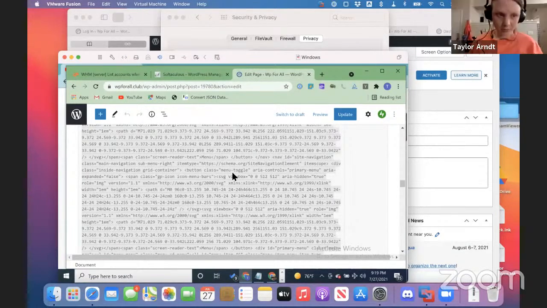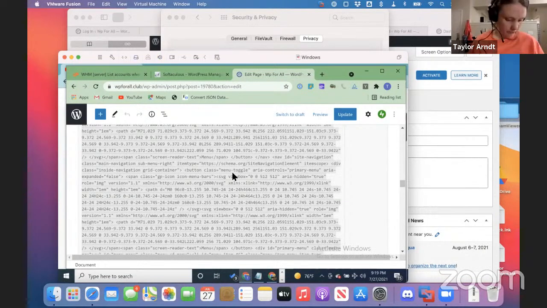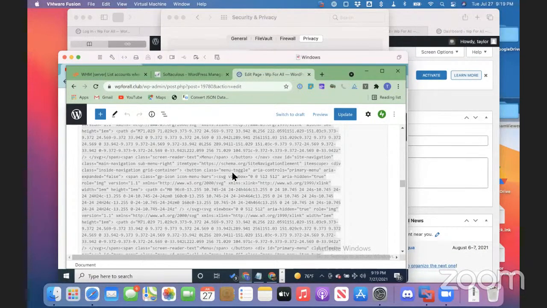Does this have a dark mode? Good question. I have not seen an option to change it to dark mode. It would be based on the WordPress theme though. Yes, so I think if you had a WordPress backend admin theme that could support a dark mode, then this would switch pretty well to that.